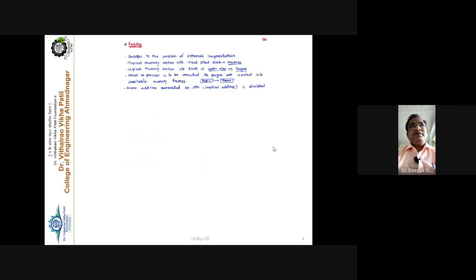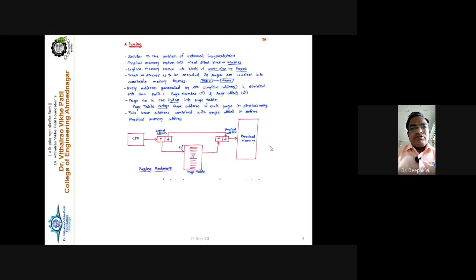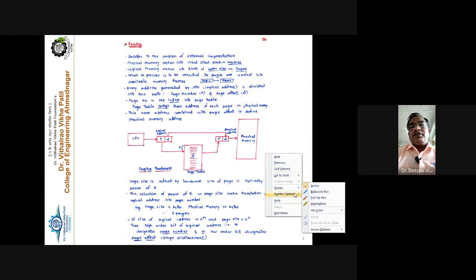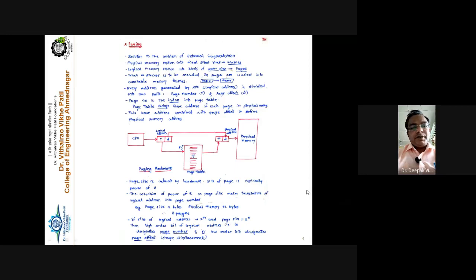See here, the main memory is divided into a number of fixed size frames, and the logical memory, or the memory addresses which are generated by the CPU, is divided into a number of pages, and the page size must be equal to the frame size. The next point is that if we want to execute a process, its pages must be loaded into the corresponding frames.